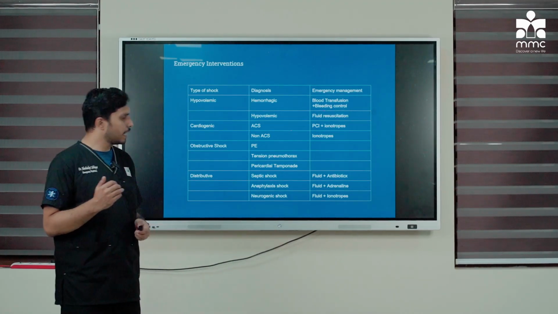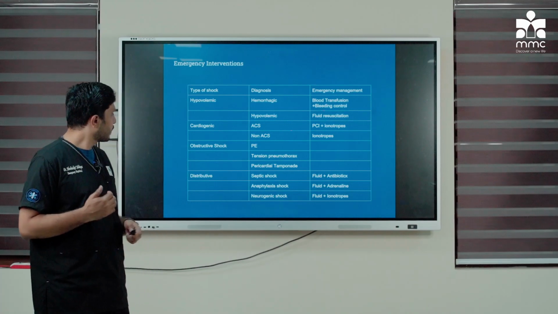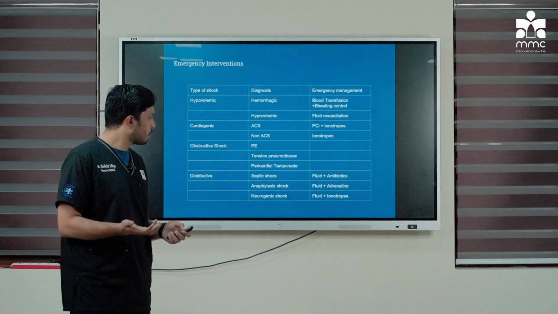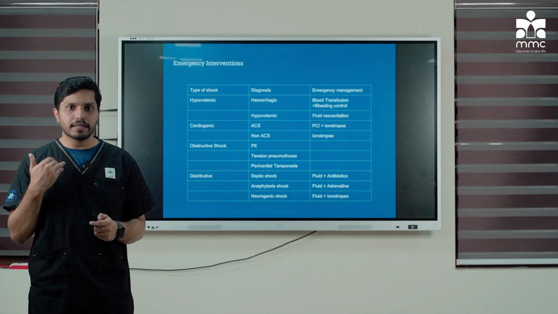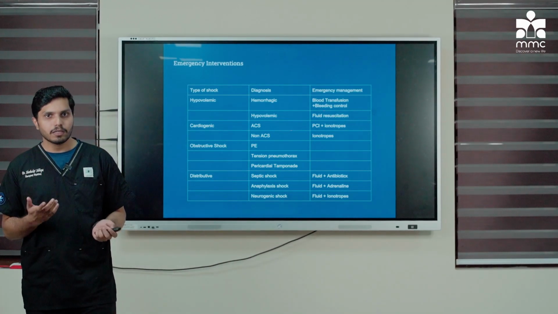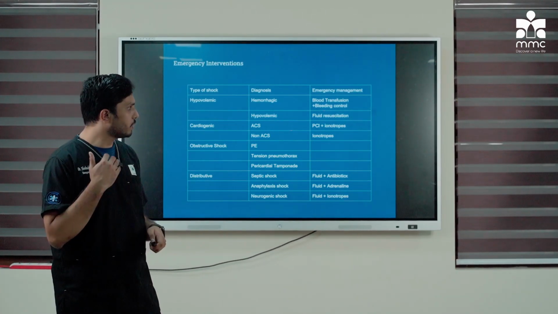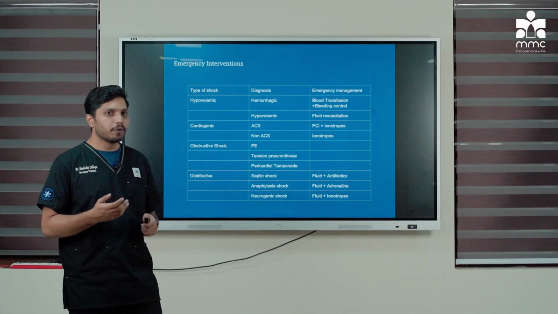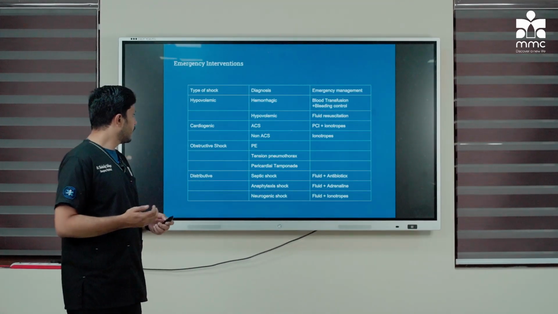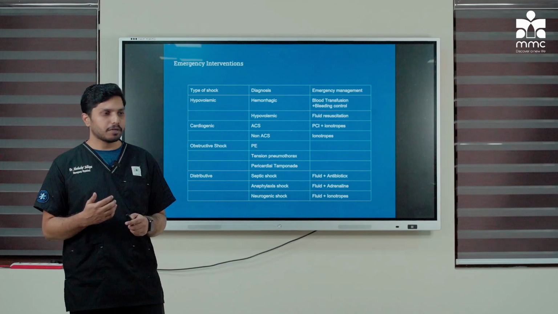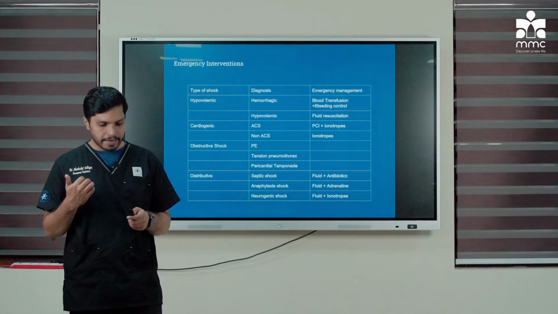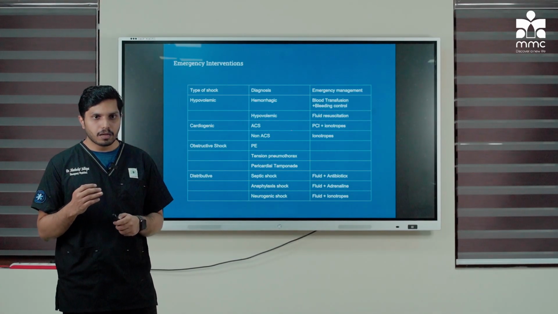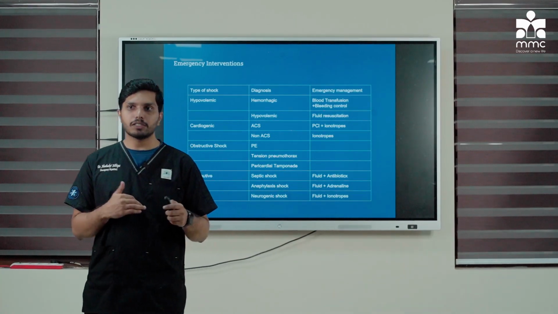And distributive shock also can be septic shock, anaphylactic shock, or neurogenic shock. How will you get an idea about it? We have to take the history. From the history we will get a clue about this type of shock, because all these shocks will show the features of distributive shock. So the treatment is different. In septic shock, fluid and antibiotics are the initial treatment, in anaphylactic shock, fluid and adrenaline are the treatment of choice, and in neurogenic shock, fluid and inotropes. These are the treatment options we can provide with our clinical diagnosis and the RUSH protocol based